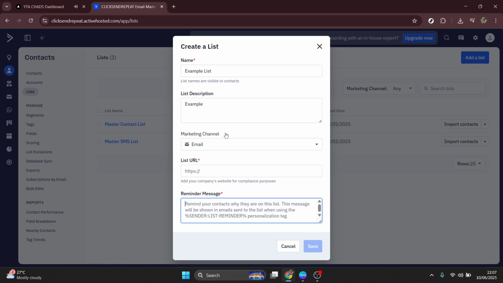Finally, making sure your lists are clean and well maintained is crucial for high deliverability rates. Make it a habit to remove inactive contacts every few